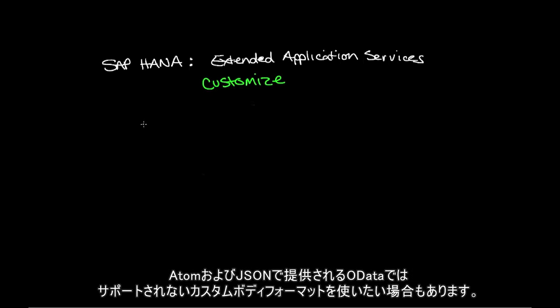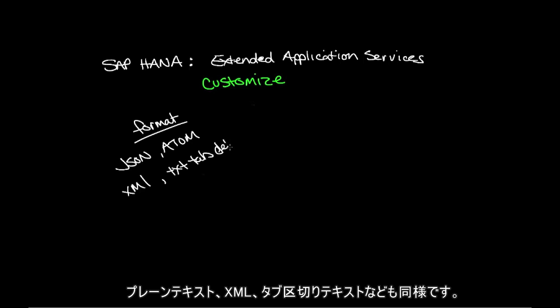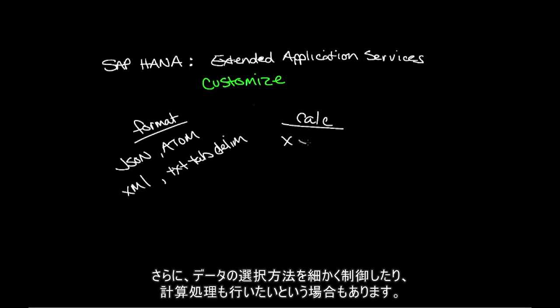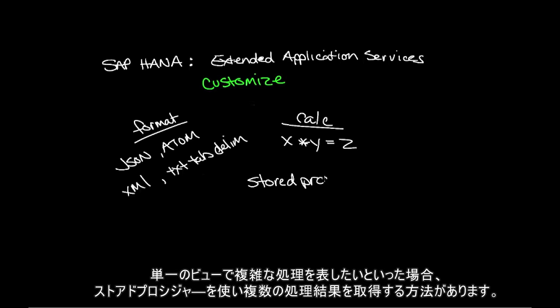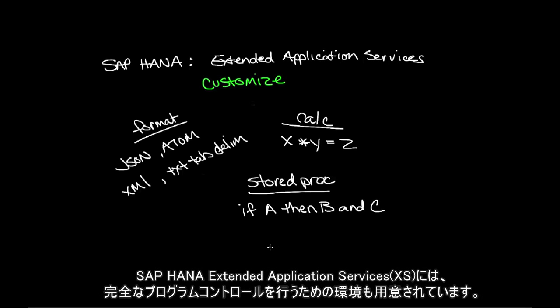Maybe you want a custom body format that isn't supported by OData. The OData format gives us Atom and JSON. Maybe you want something different. Maybe you want plain text, maybe you want XML, maybe you want text tab delimited, or maybe you want more processing control over how the selection is done. Maybe you want to do some calculations, something more complex than what you could represent in a single view. Maybe you want to call a stored procedure and have multiple result sets come back out of it, or something like that. Well, fortunately, there's also a full programmatic